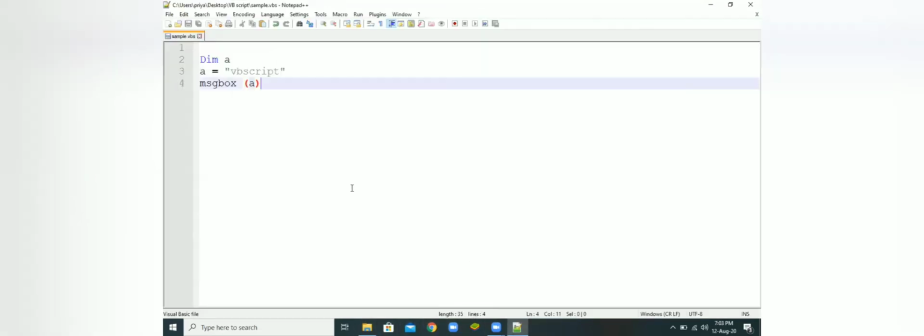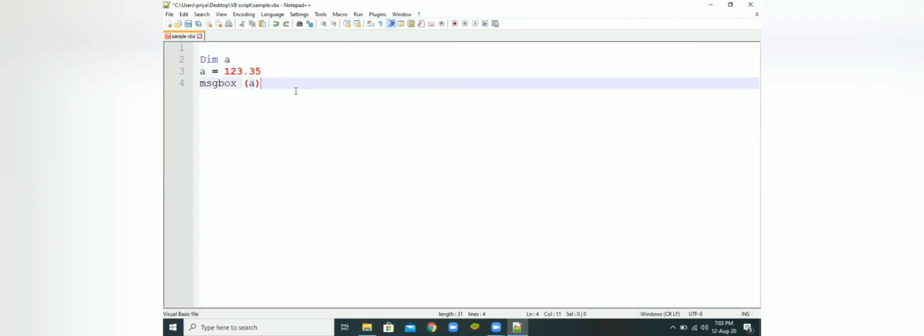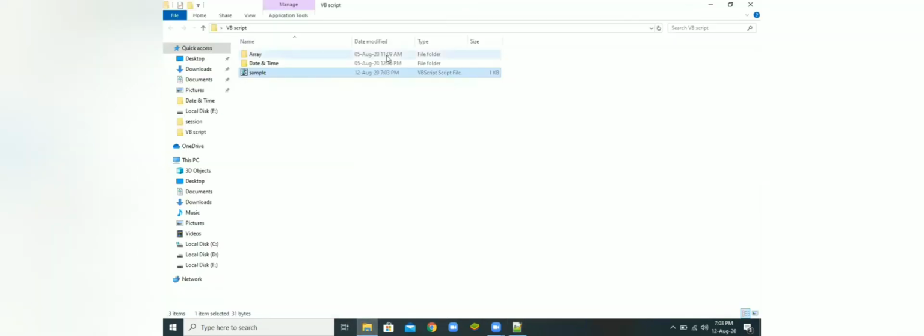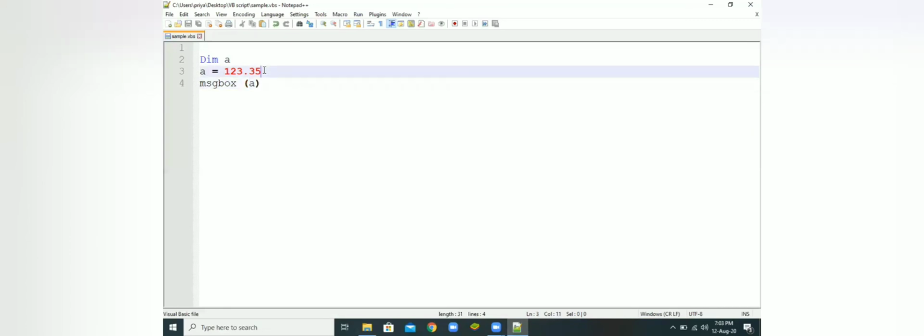Likewise, you can do it for decimal values also. Let me show you. I have stored a decimal value here, and I'm running this again by double clicking on it. I'll be getting this double value. So this is the thing, guys. It doesn't check for variable types and other things.